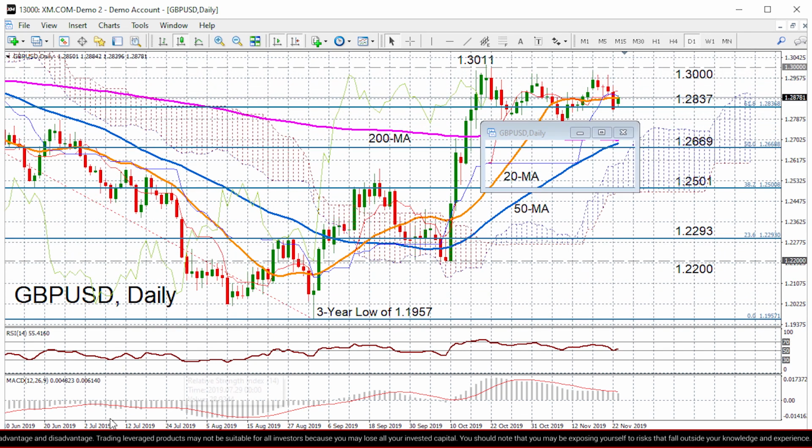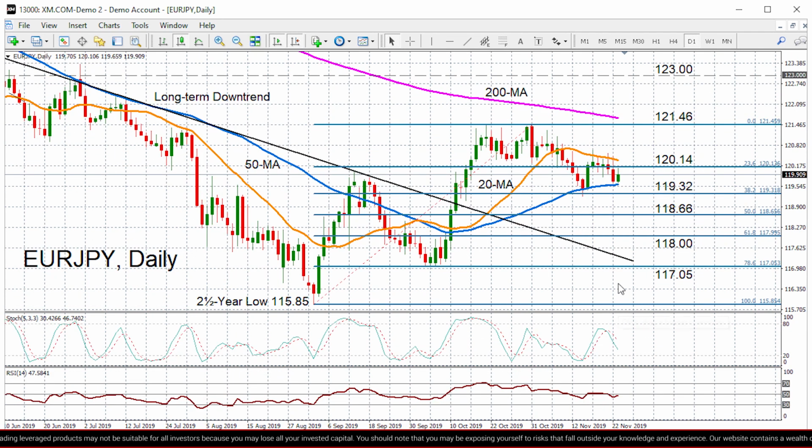So now let's turn to the euro-yen pair. It's a mixed picture looking at the momentum indicators. The RSI is fairly neutral, though looking at the stochastics, they are still pointing downwards. So there's a risk that euro-yen could slip below immediate support at the 50-day moving average at around 119.60, and then not too far below that, we've got the 38.2% Fibonacci retracement of the up leg from 115.85 to 121.46, so that's at 119.32, and then further down we do have the 50 and 61.8% Fibonacci retracement levels,